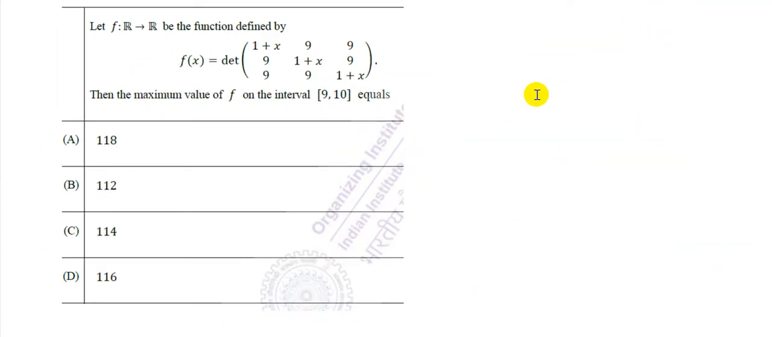We move to the next question. Here the function f(x) is given by the determinant of the given matrix. So first of all we have to find the determinant of this matrix. So that means f of x will be 1 plus x multiplied by 1 plus x whole square minus 81, minus 9 into 9 into 1 plus x